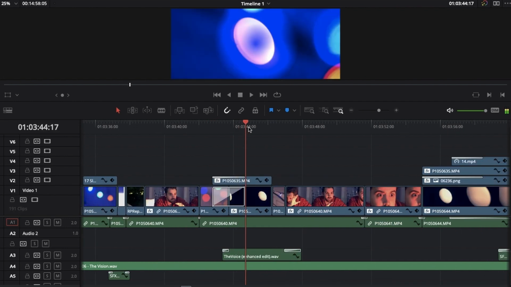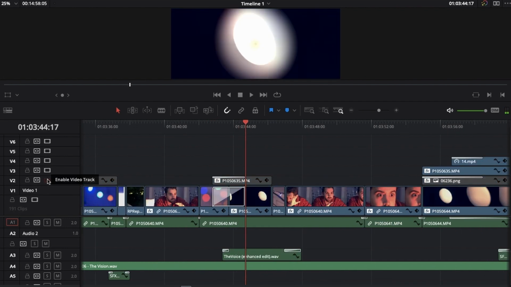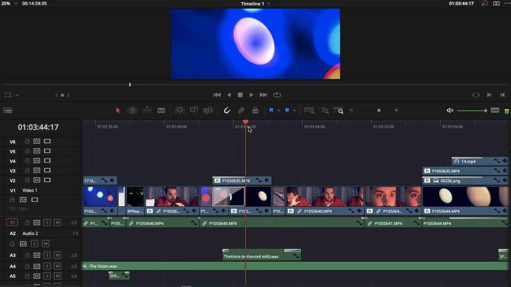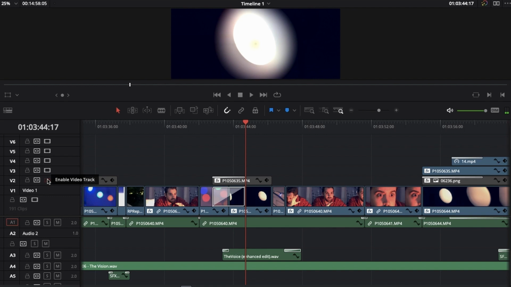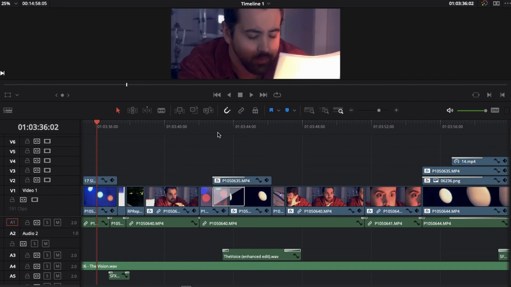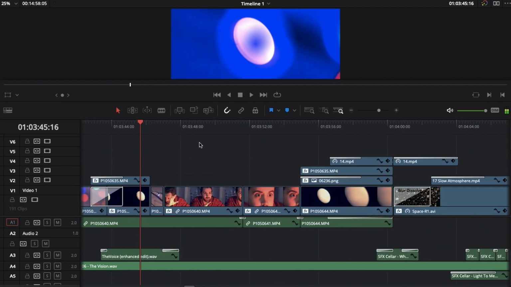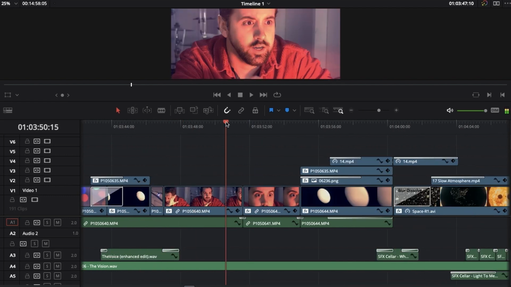But that is added in post. There's some other elements here. I think this bokeh is a post element. Yeah, so that's a totally different feel. This light that becomes visible feels totally different with this bokeh added that unifies it with that footage of the lights. That now feels similar to this shot, and there's a cohesiveness that comes from